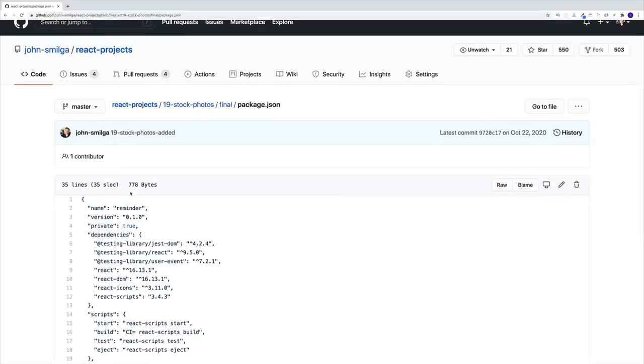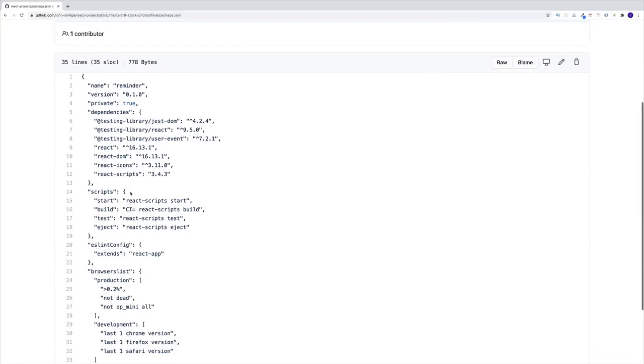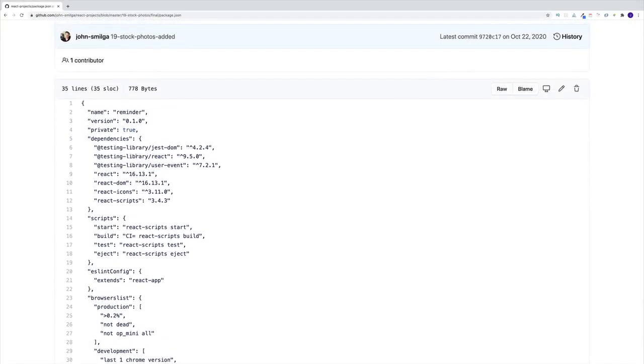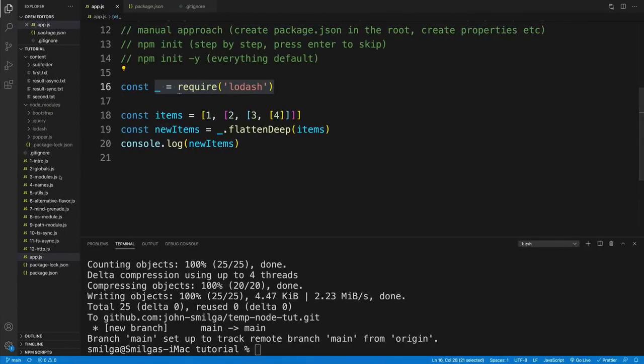Instead, I have package.json. So when you get the repo, when you clone the repo or download or whatever, then of course you get the package.json. And in here, these are the dependencies. And you just run npm install and they are being installed. Okay. Hopefully it is clear why it is so crucial to have the package.json, because we can just share